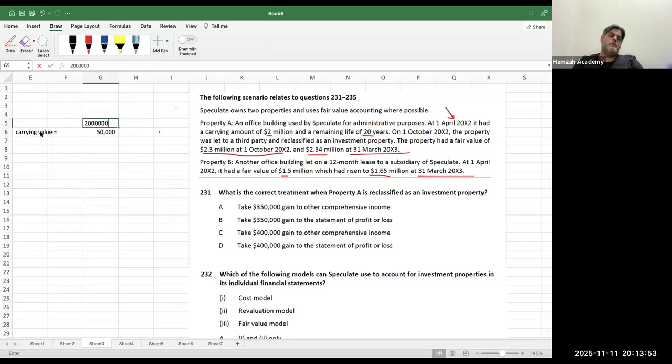So 2 million is here, we have to minus this. This is 2 million by 20 years, and then the 6 by 12 as well. Done. So we are going to have 1,950 as the carrying value, whereas the fair value is